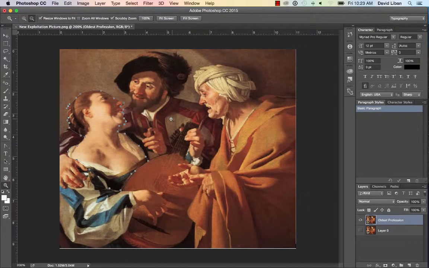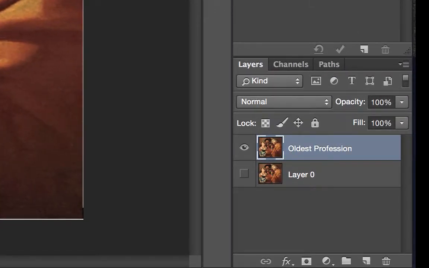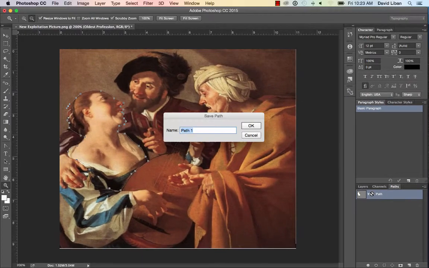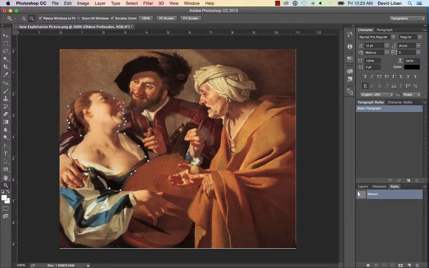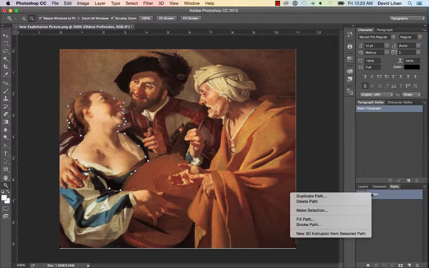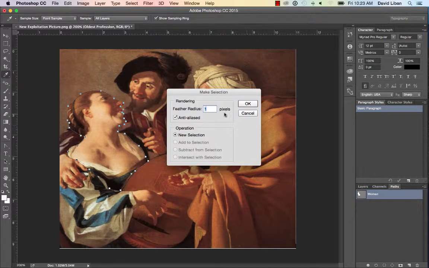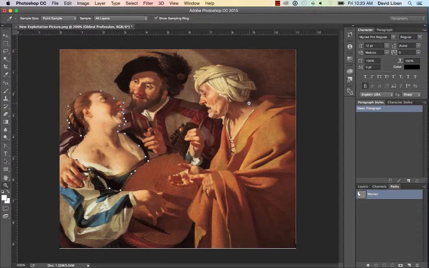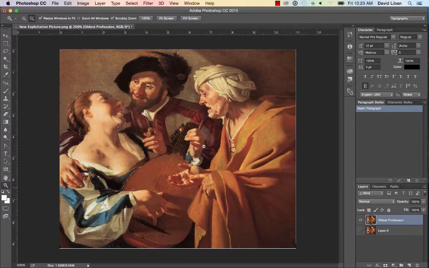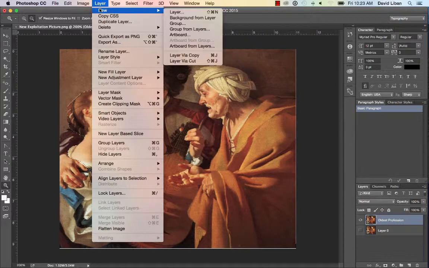Okay, now that I've finished my selections, I'm going to go to my paths. I'm going to rename the work path. I'll call it woman, so that it's saved now. I'm going to control-click or right-click and say make selection. I'm going to leave the feather radius at 1 pixel for this situation, so you can see that she's selected here. Go back to my layer window, and I'm going to say new layer via